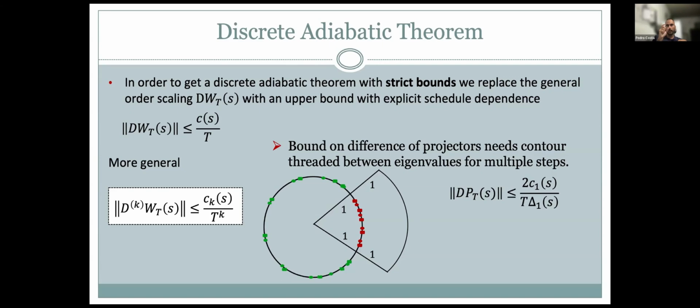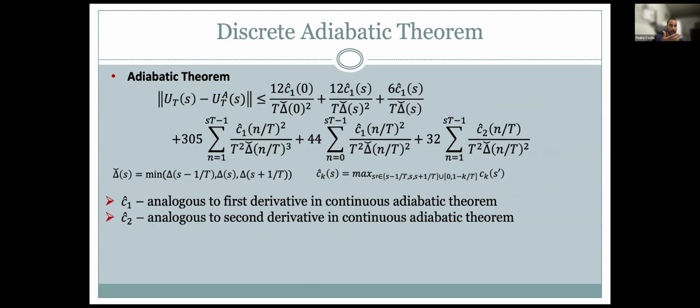And the constant now, the functions now are both functions C1, because it's related with the walk dk1 here. So the difference d for which k equals 1. So that's where these constant factors start to appear, because we're doing some approximations and so on, and we end up with this. I'm showing a less tight version of our discrete adiabatic theorem with several approximations. You can use it to get there, but it's nicer.